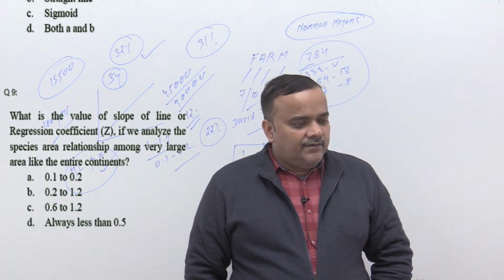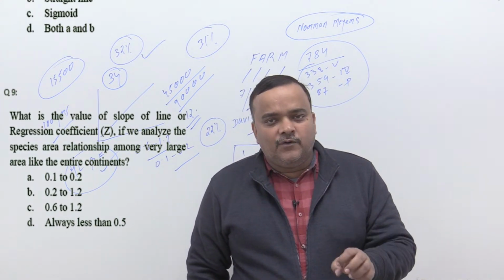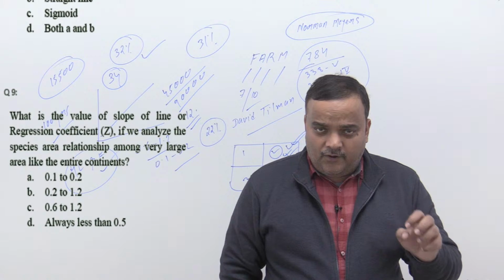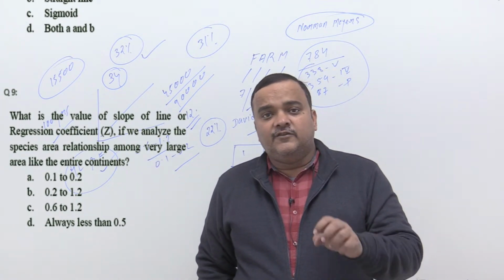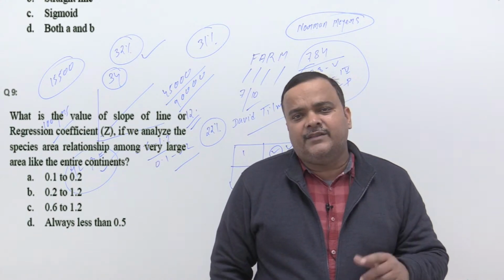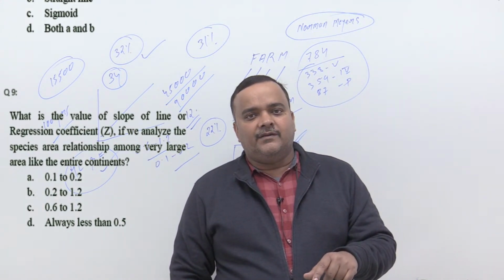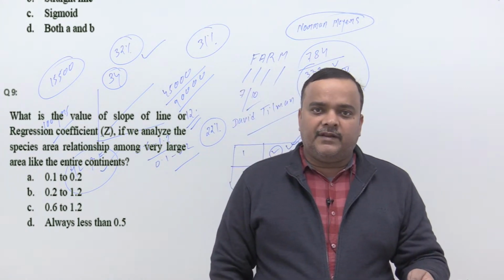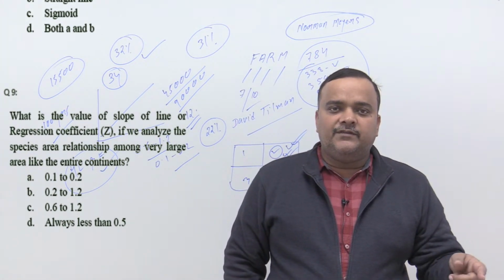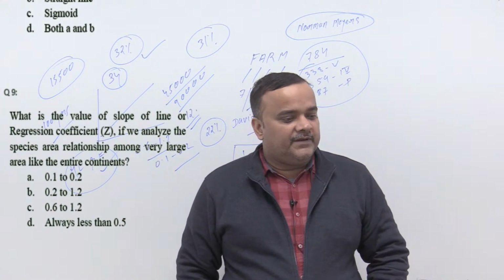Bioprospecting means you explore diversity at molecular, genetic and species level in order to identify plants or animals or their products which can be used for the welfare of human beings. So when you carry out this kind of study, where you explore diversity at these different levels, it is known as bioprospecting.